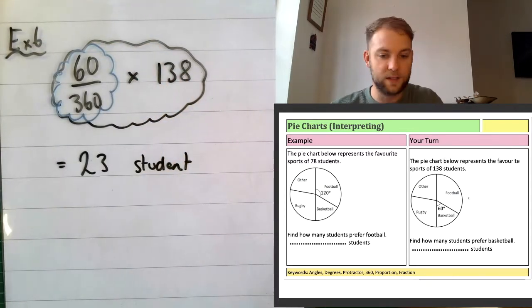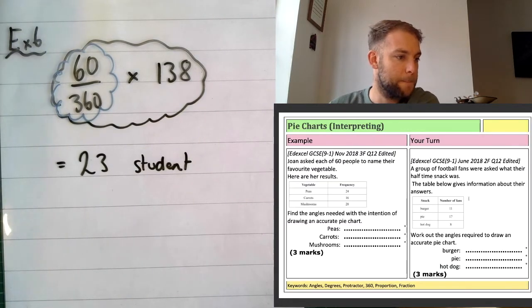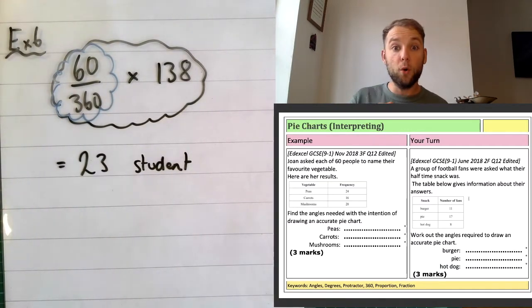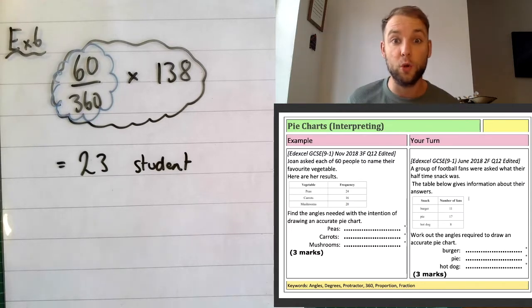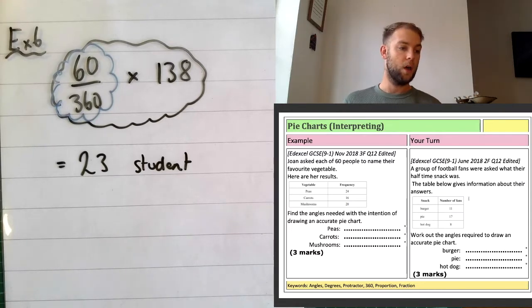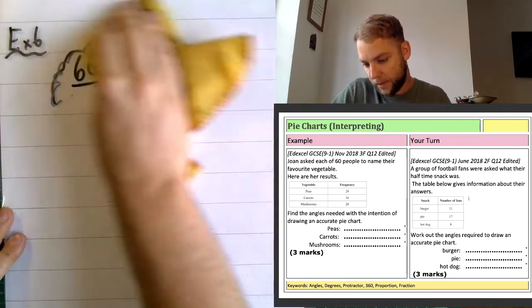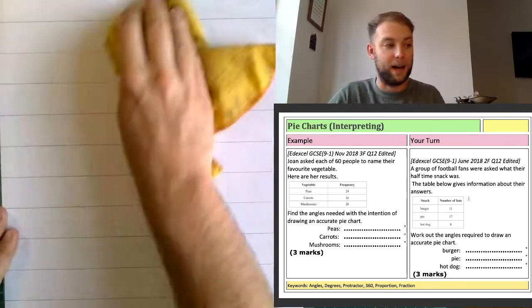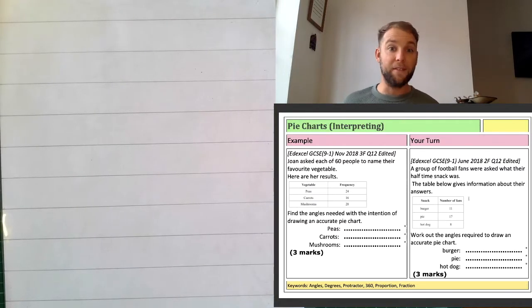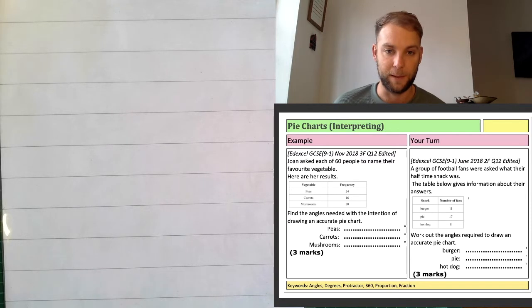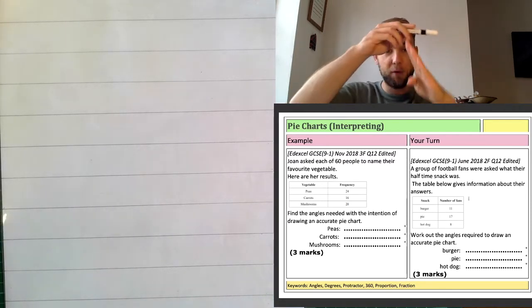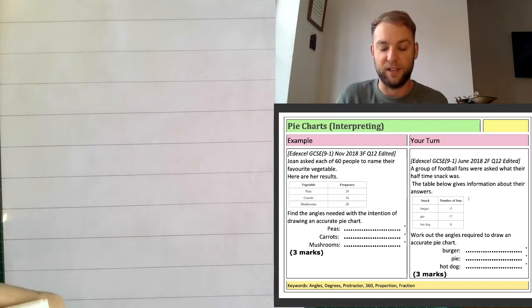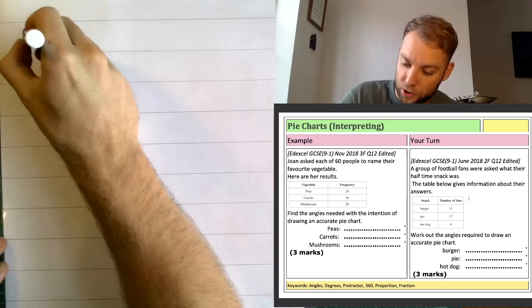So let's have a look at some other questions here. Now, we've looked at finding the amount of students or the amount of people or the amount of food in this case. However, this usually comes up in drawing pie charts. But we're going to have a little look at this one. We're going to work now to find out what the angle would be. Okay, so usually what we do is if we've got the angle, then we divide by 360. So your proportion